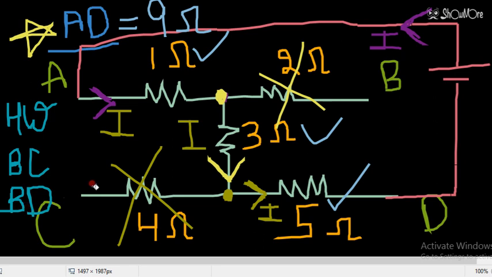Now we are moving to some other questions. Some more questions I am going to discuss here. So let's start the next question. The next question is on your screen. An equilateral triangle is given to me like this one. This is the equilateral triangle.